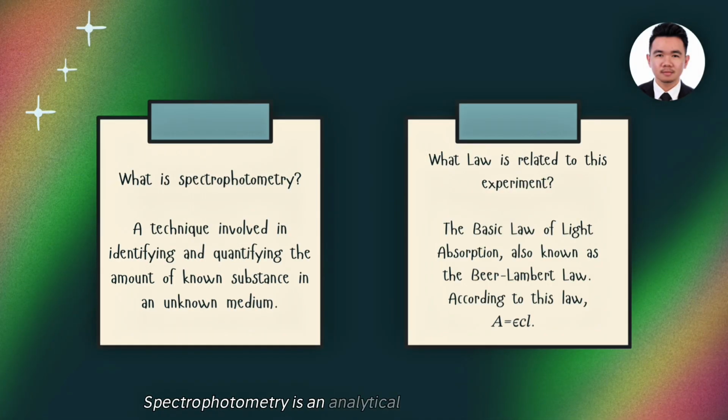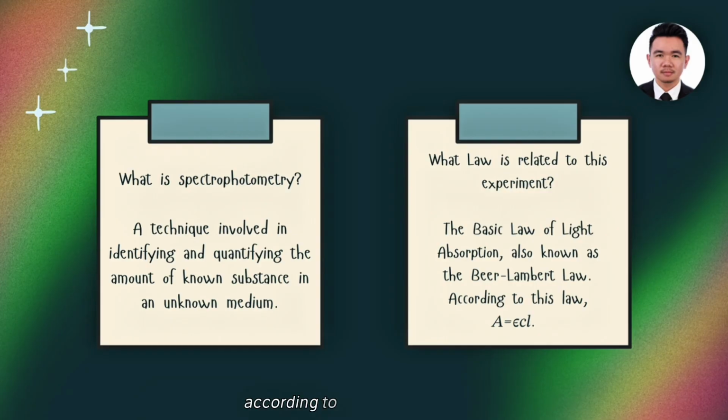109846. Practical 1 is about spectrophotometry. Spectrophotometry is an analytical technique that measures how much light a substance absorbs at different wavelengths. A spectrophotometer passes light of known wavelength through a sample and detects the intensity of light transmitted. The difference between incident and transmitted light is used to calculate absorbance, which is directly related to the concentration of